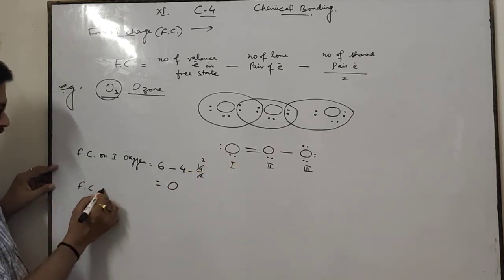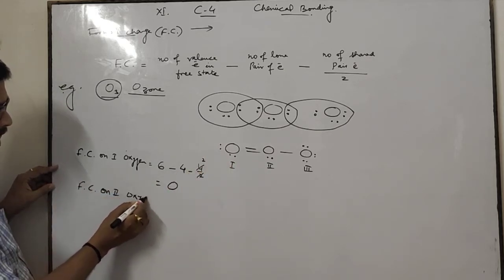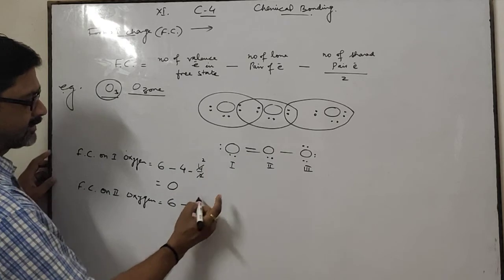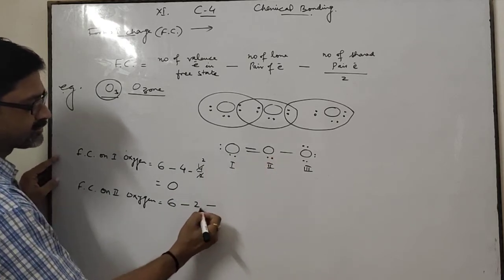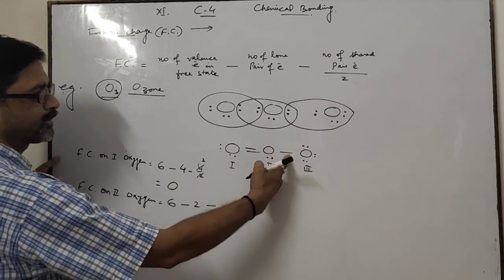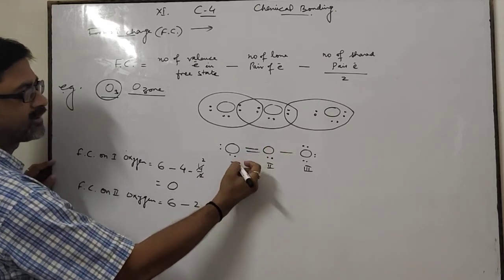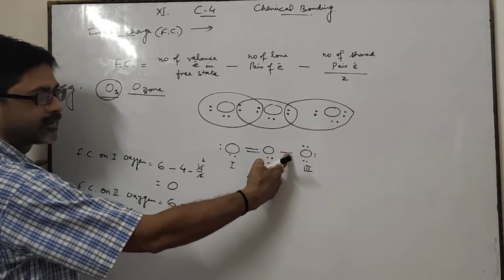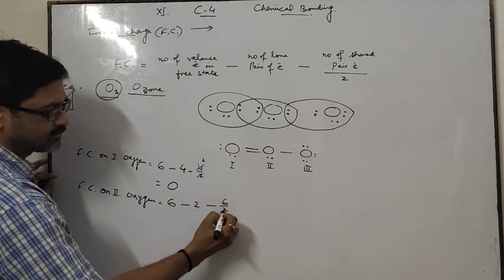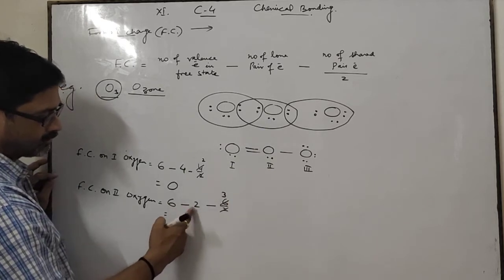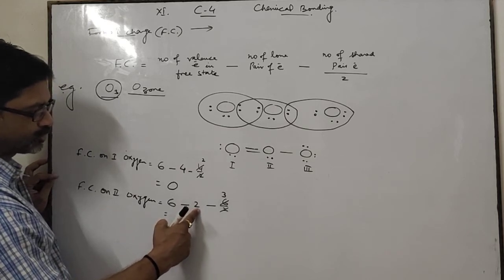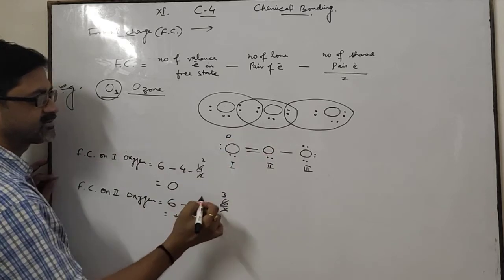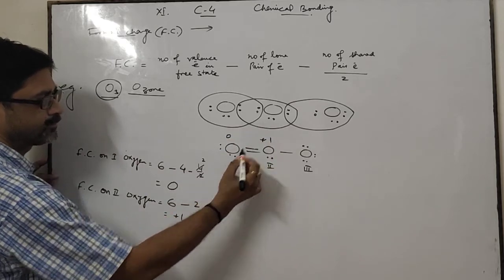Now I am going to find the formal charge on the second oxygen. How do we calculate it? See here, 6 is the valence electrons, minus 2 lone pair of electrons, minus 2 plus 2, 4 plus 2. You know that each bond contains 2 electrons. Here 2 electrons plus 2 electrons plus 2 electrons also here, means it becomes 6 electrons. 6 by 2 means 3. On subtracting, 6 minus 2, 4 minus 3 becomes plus 1. Means here the formal charge is 0, here the formal charge is plus 1.